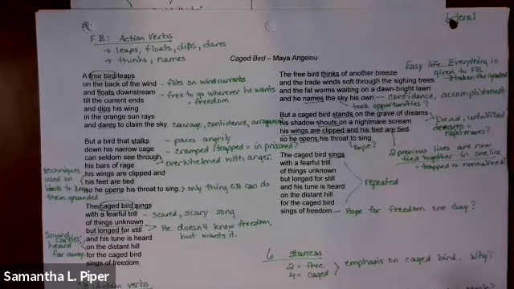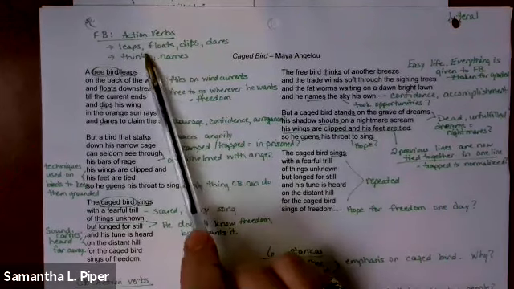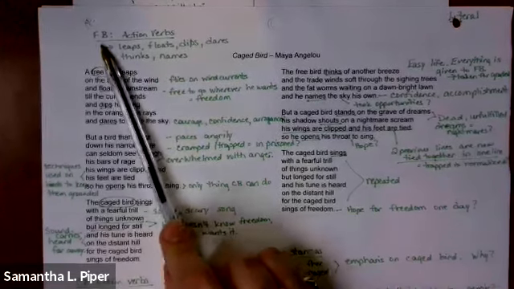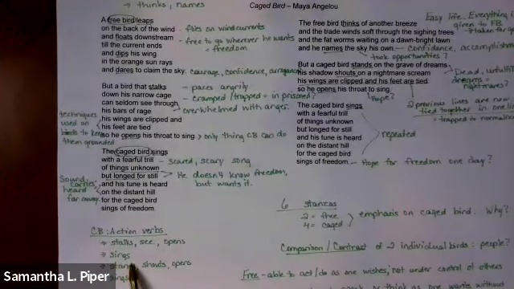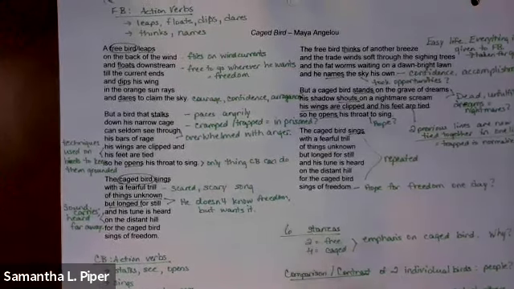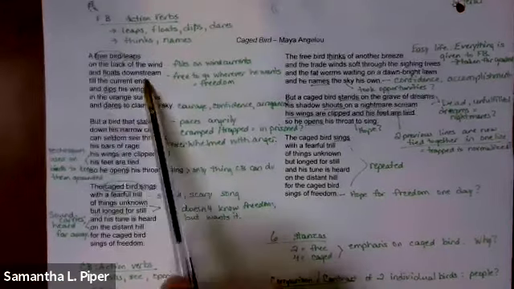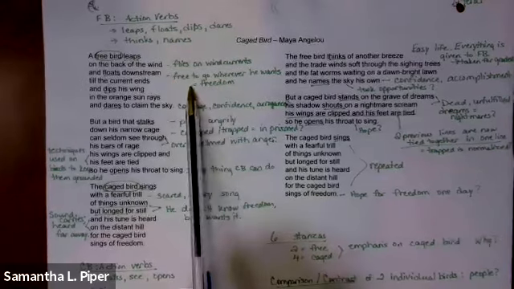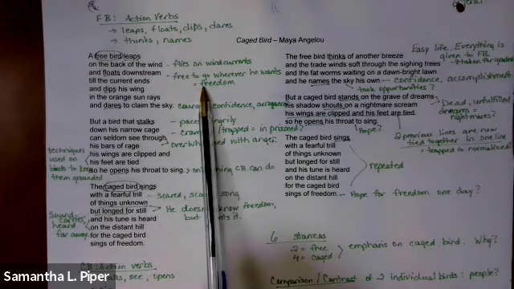And what I have done is take a look at the text itself, like the action verbs that are used for the free bird. FB for me is free bird. And then I have down here action verbs for the caged bird. I'm not going to go through all of this, but if we look at things like the leaps on the back of the wind, so he's flying on wind currents, he's free to go wherever he wants, and most students would say that that would be a definition of freedom.